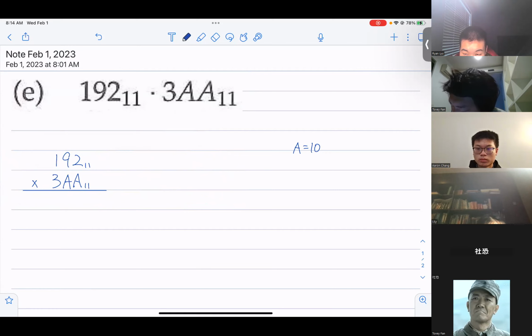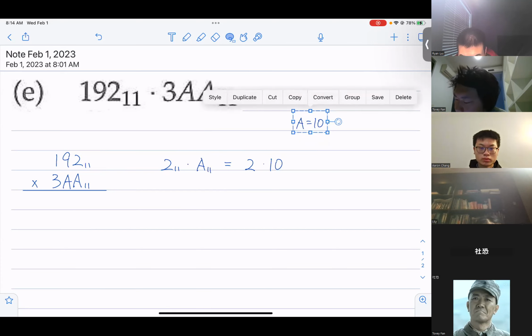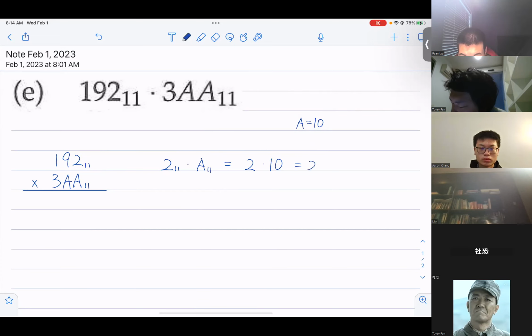So when we do this, 2 in base 11 times A in base 11, we first convert them into base 10, right? When you convert them into base 10, 2 is still 2, but A is going to be 10, because A is 10 in base 10. So that means you have 20 in base 10. Does that make sense, Rika? That make sense to everyone else? 什么意思？就是2乘 A 怎么做呢？先把它换成 base 10嘛，对不对？换成正常十进制的，OK 吧？